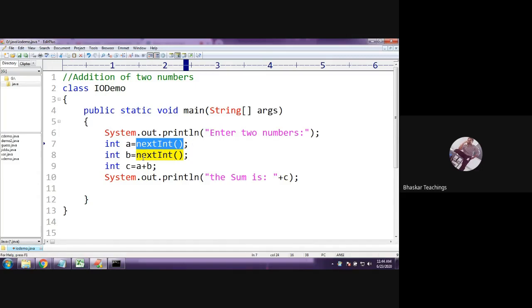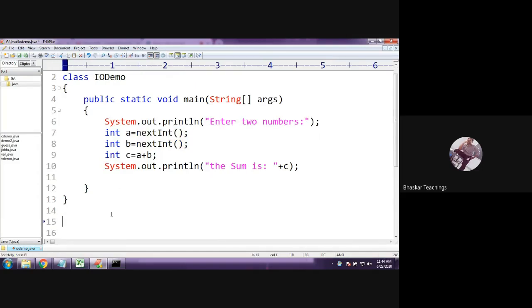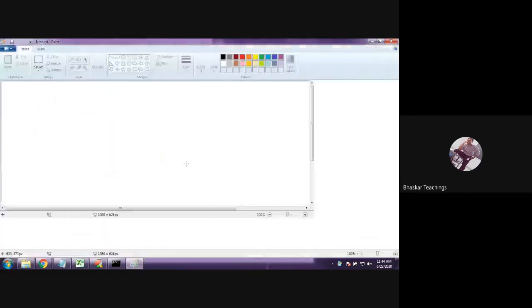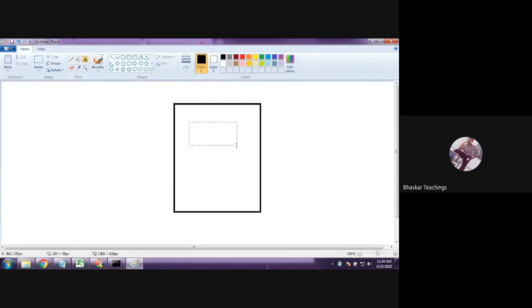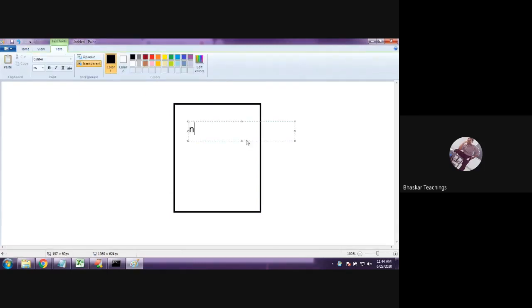So first of all, the answer is it belongs to the Scanner class. Okay, in-built class unnai Scanner. We have a class Scanner. Okay, let me show you with a diagram. So we have a class Scanner. Inside that you have a method. Which method? The nextInt method. Not only nextInt, I have shown you nextFloat, nextDouble, nextLong, all this, right? All these methods belong to this Scanner class.